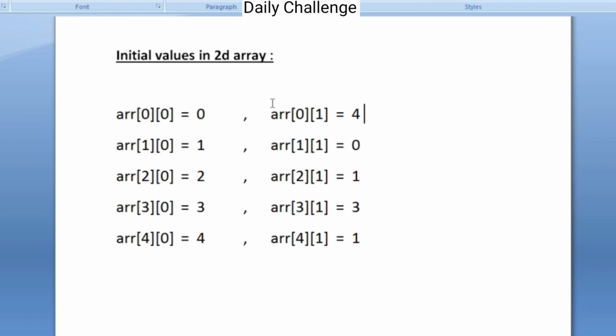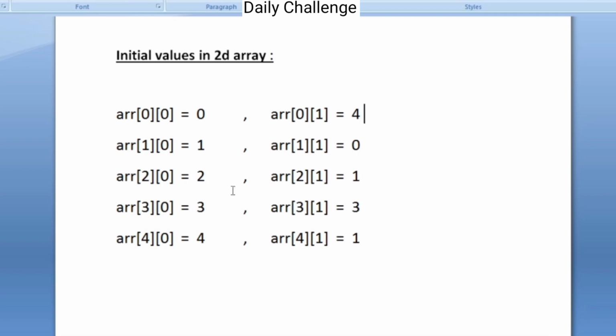Whenever we perform a swap operation while sorting this array, we are also going to apply the swap operation to the other array. But for comparison, we are going to use our second dimension array.